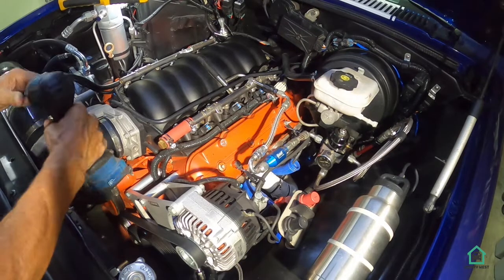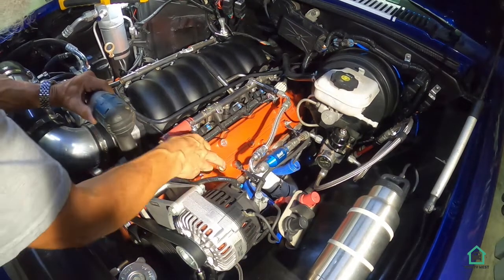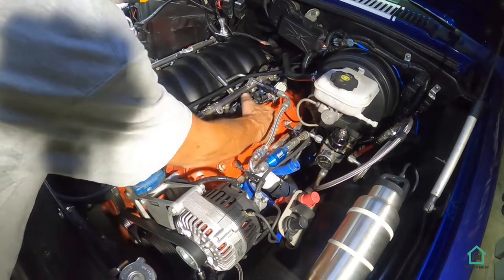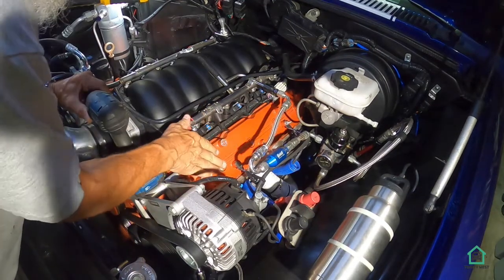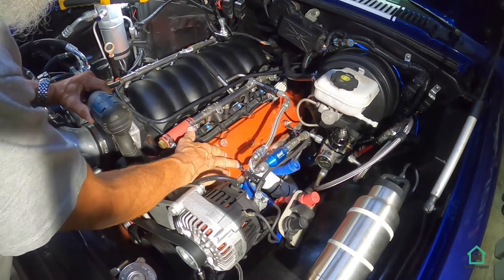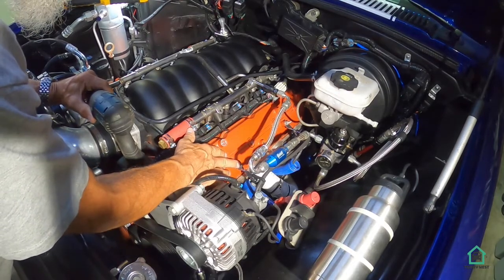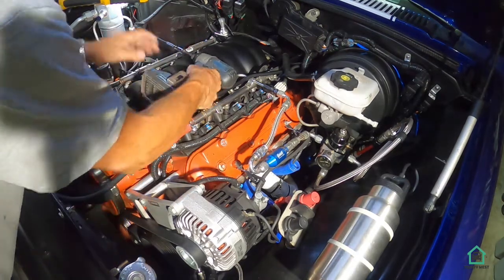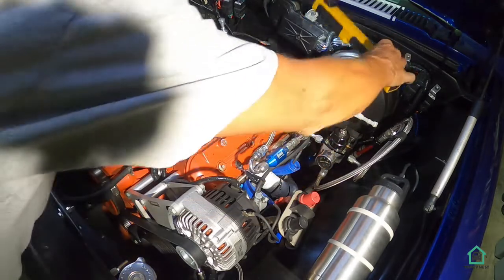All right, there are four 8mm bolts in the center of the valve cover. You can see them here, and then I got these spark plug wire standoffs to remove first. But you know what? Let me get a light over here